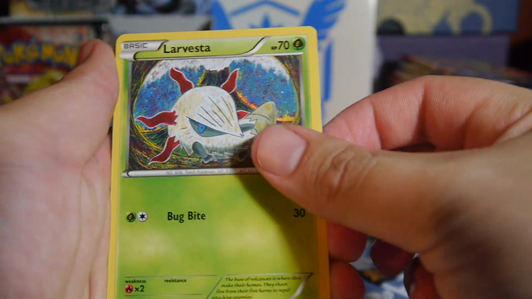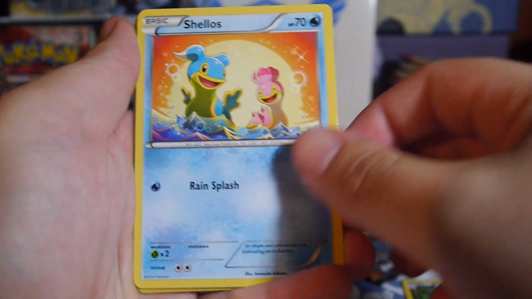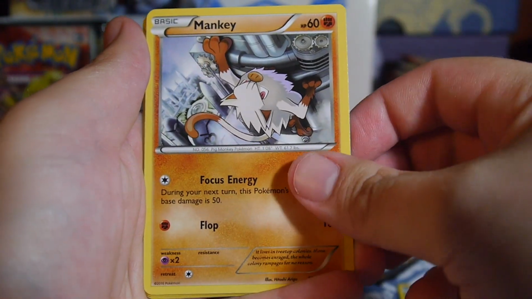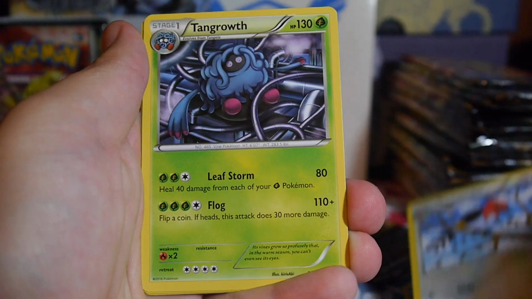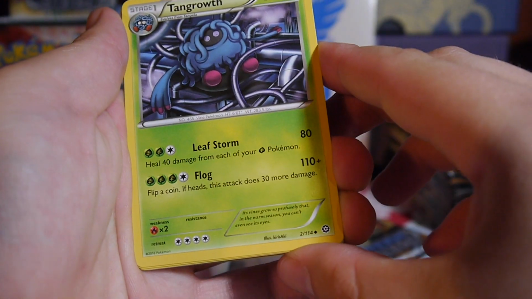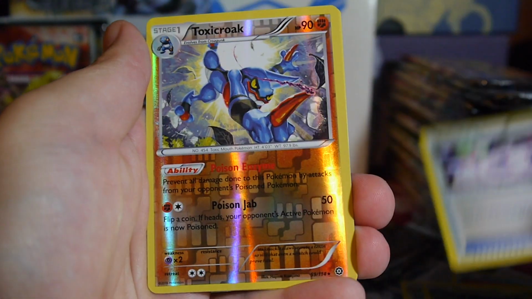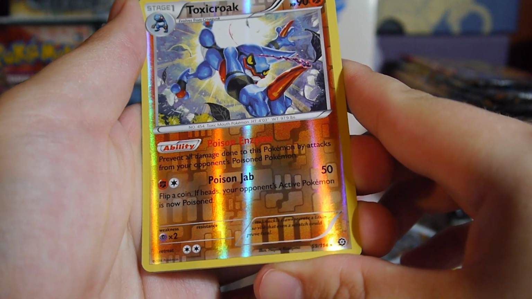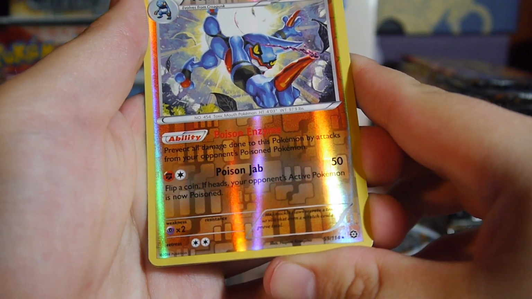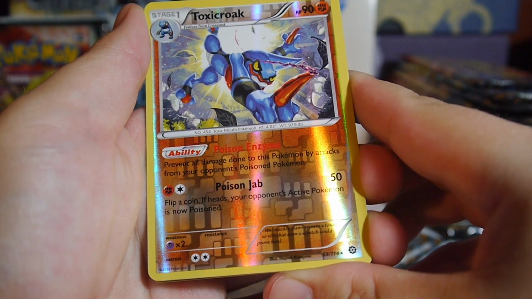Got a Larvesta, Dino, or whatever, Shellos, Mankey, Fungus, Fletchinder, Tangrowth, not too bad. Gardevoir Spirit Link, a reverse Toxicroak. Prevent all damage done to this Pokemon by attacks from your opponent's poisoned Pokemon. That's really good. So not only is the